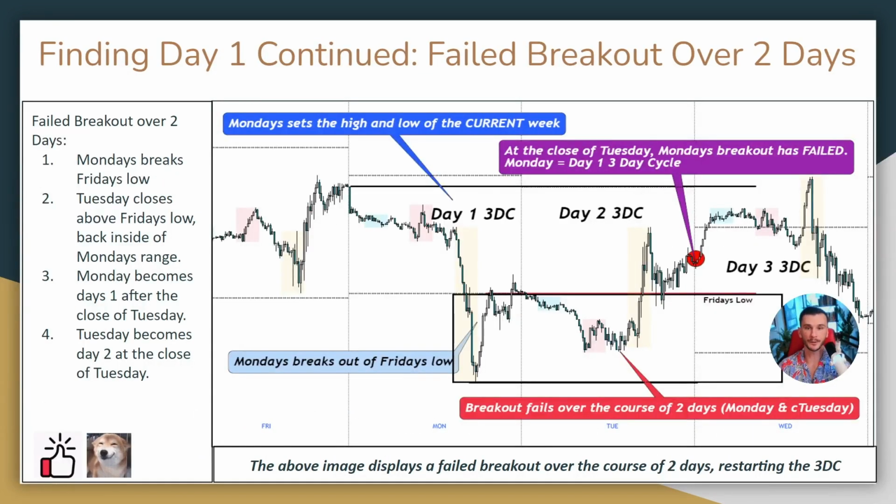With the 3-day cycle, there are some particularly tricky instances in which it can be a little bit confusing, and this is one of the ones that is sometimes confusing to a lot of people. So I'm going to give you an objective way to identify it. So this is going to be finding day one over the course of 2 days, which, by the way, if you have not already,